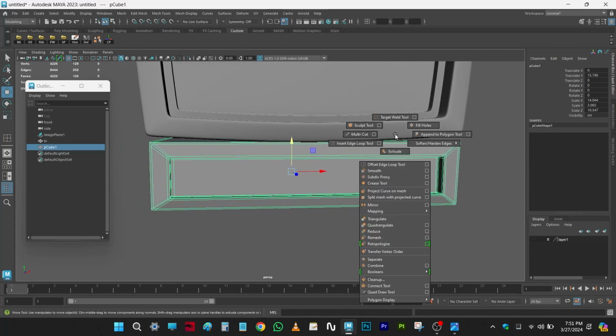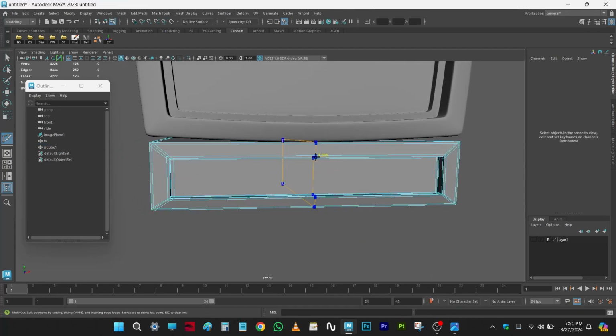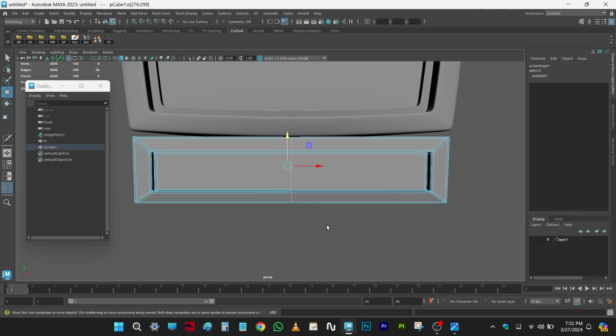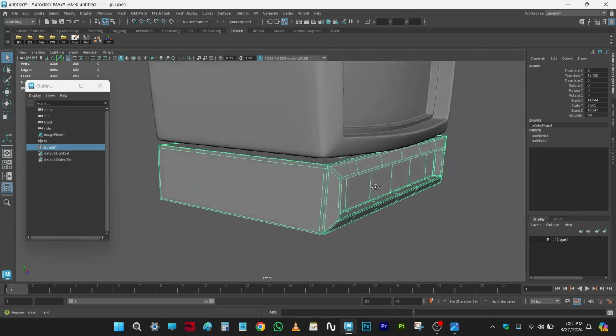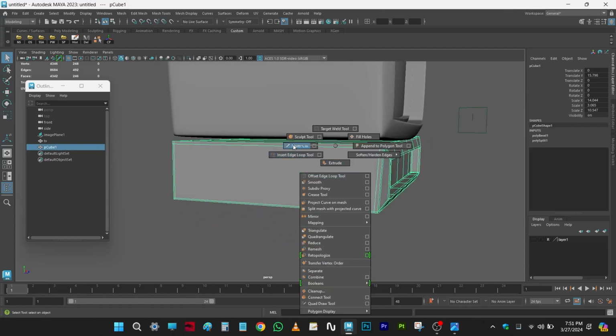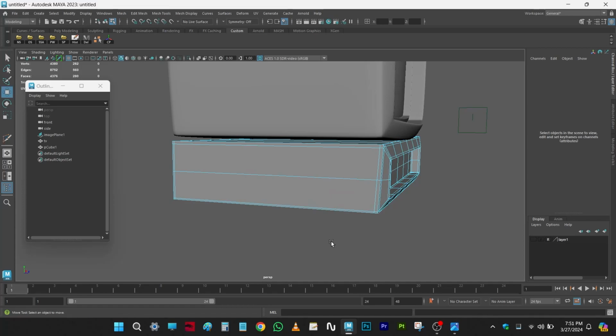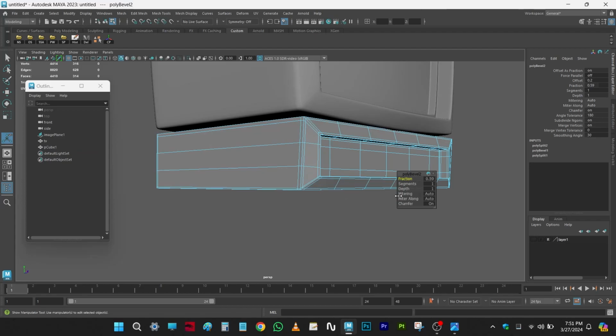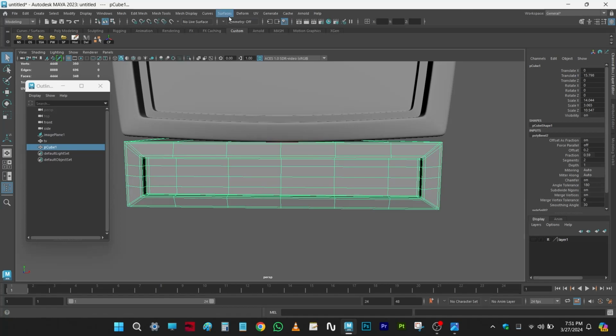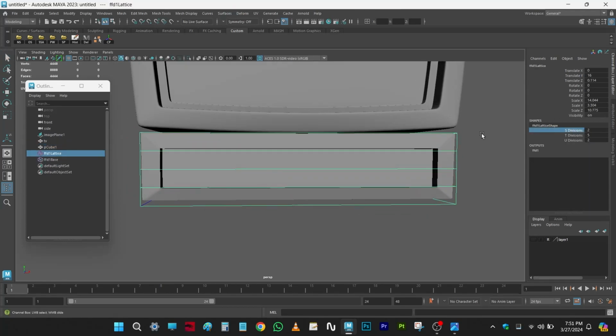The cage is moving. So what we can do, we need to give the edges over here also. So multi-cut, Control, and then double click, Control B, and then fraction and segment in between, 3 segments. Now if I select, and then one more thing, I am going to add the edges over here also. And then for the multiple, Control B, select it, increase the fraction a little, 1 segment is enough,